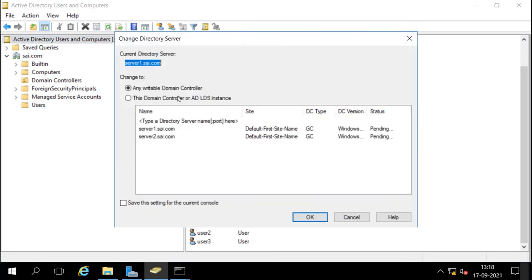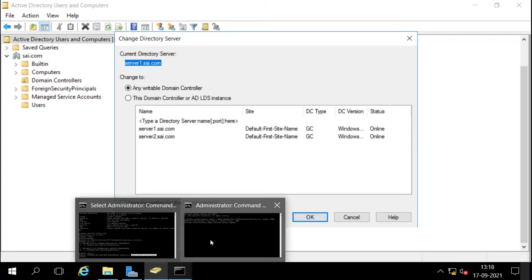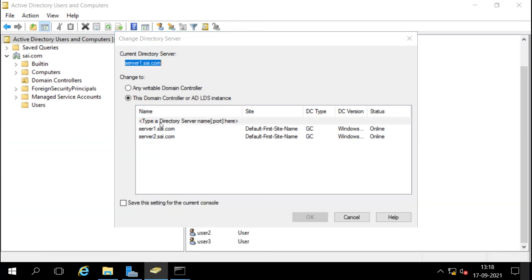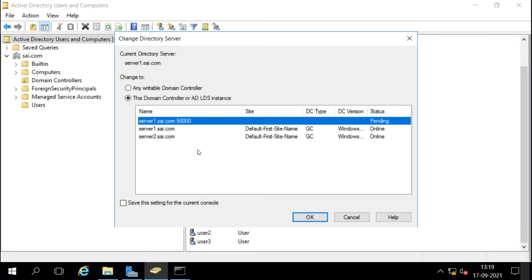The domain controller is actually server 1. We are running this on server 1, but on port number 50,000. So I will name here server1.site.com and mention the port number 50,000 and enter.